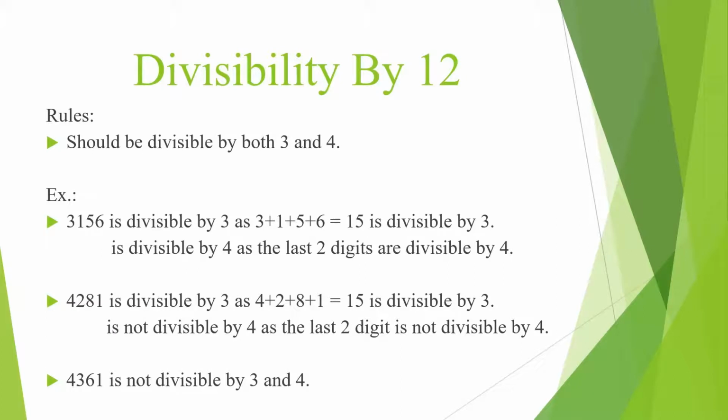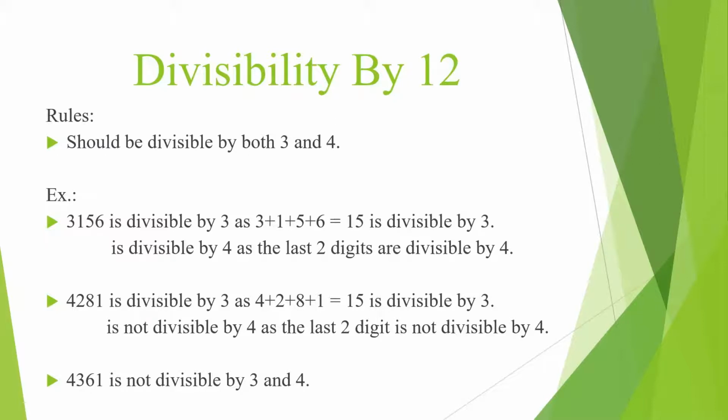Let us consider the number 12. 12 has factors 3 and 4; 3 fours are 12. So it has to satisfy the divisibility rule conditions of both 3 and 4. For 3, we identify the sum of the digits and it should be divisible by 3. For 4, we identify the last two digits; those should be either zeros or divisible by 4. If it satisfies both conditions, then that number is divisible by 12.